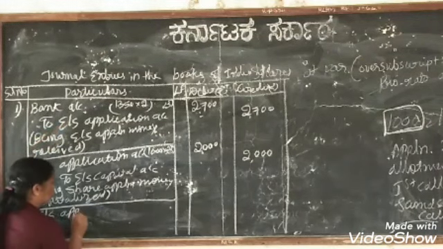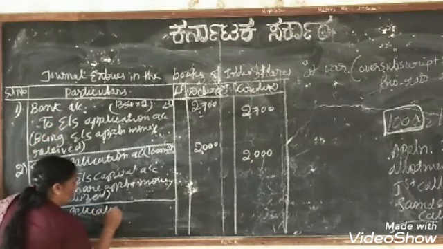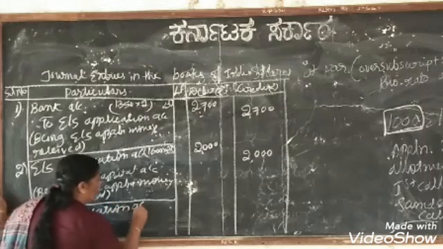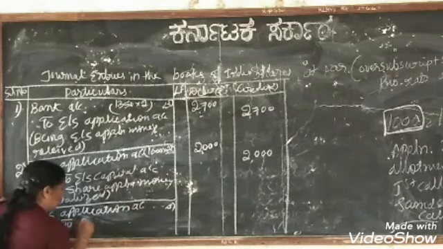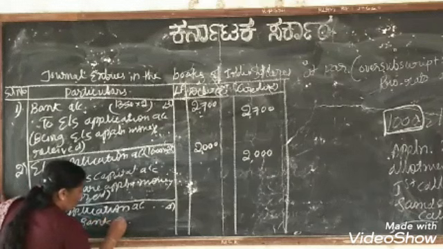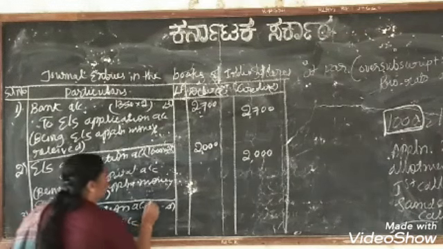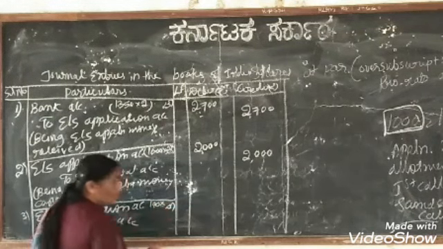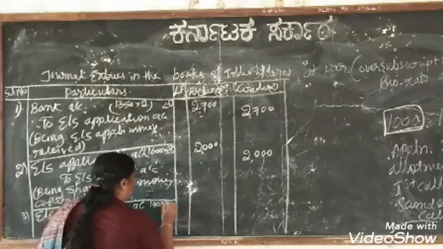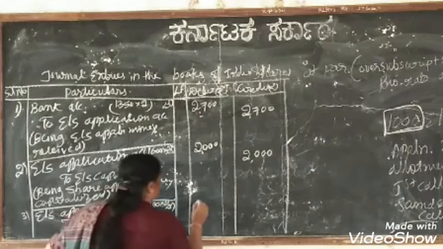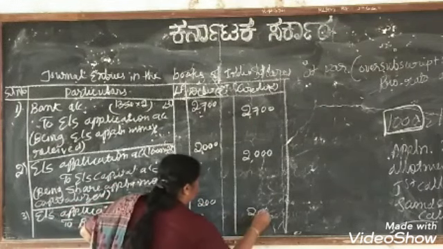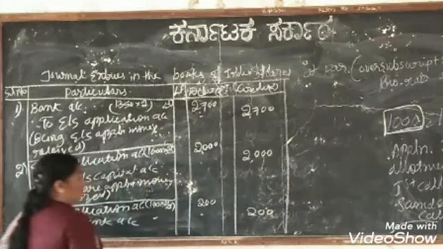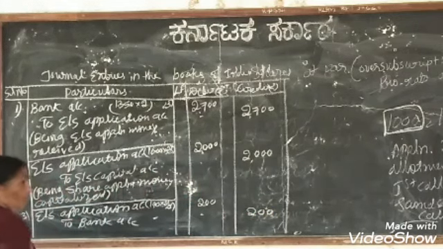Equity share application account debit to bank account. Two cheques we are giving. So to bank account, how many shares? How many applications? 100 into 2. 100 applications are being rejected now. It is rejected. That's why we are giving back the amount to those who applied for equity shares.